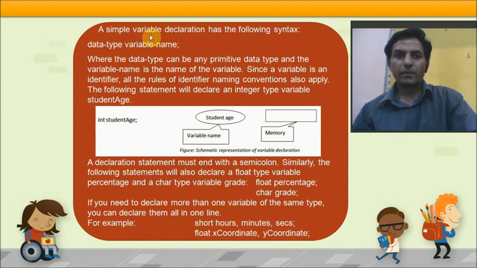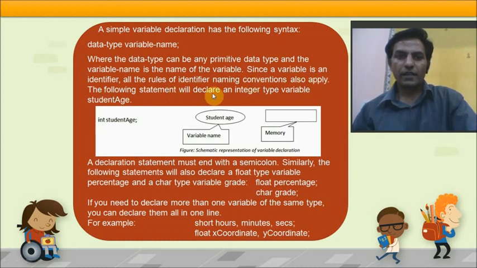Now, a simple variable declaration has the following syntax: data type and variable name, where the data type can be any primitive data type and the variable name is the name of the variable. Since a variable is an identifier, all the rules of identifier naming conventions also apply.